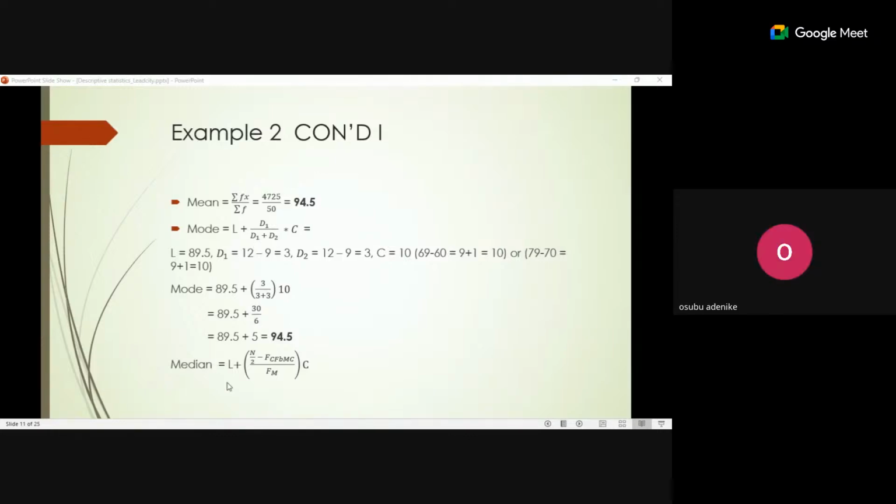Can you kindly repeat how to get the width? How did you get to the 10? The shortcut to calculating the class width. Oh, good. Okay, the shortcut to calculate the class width simply means